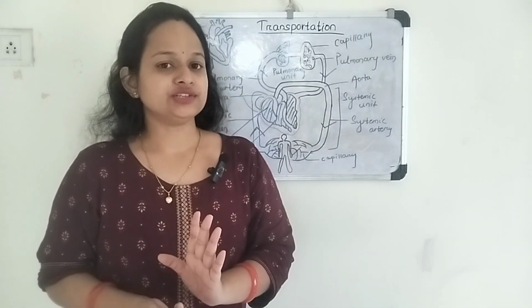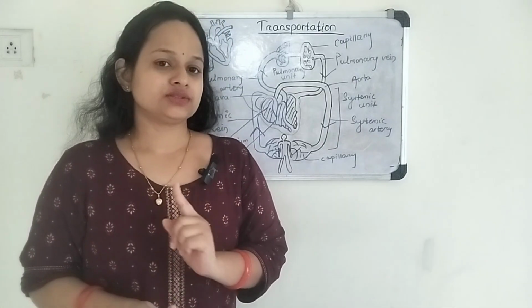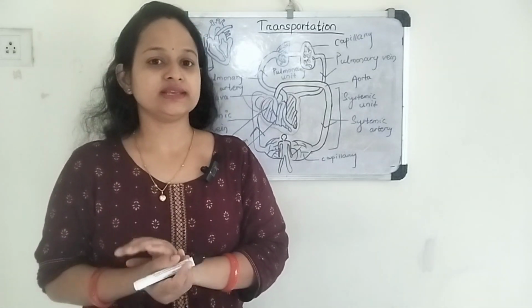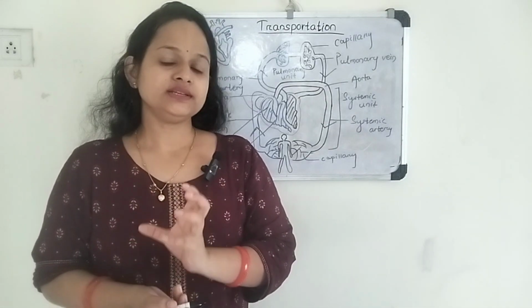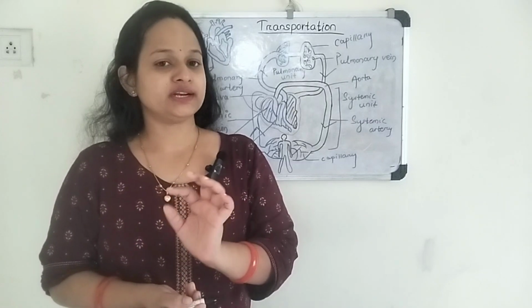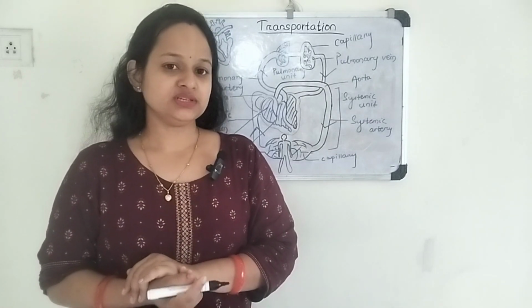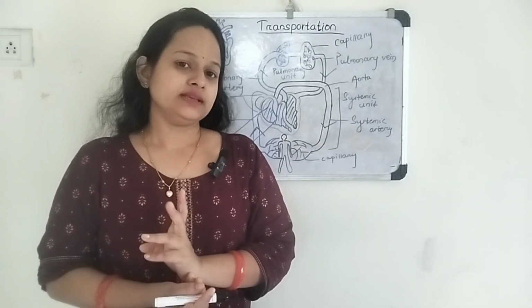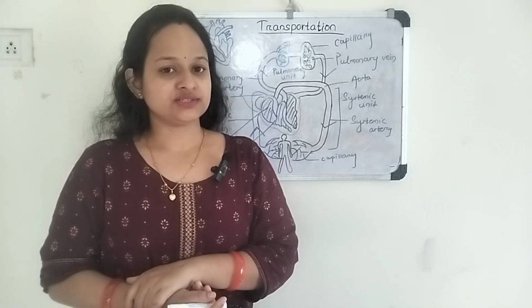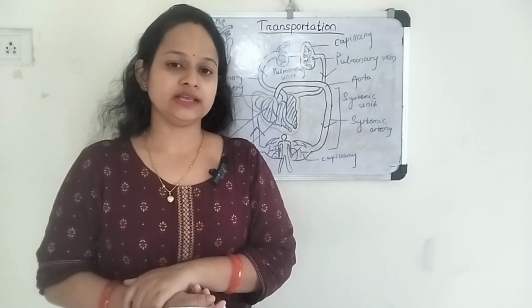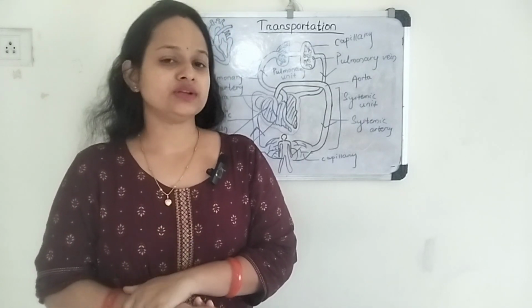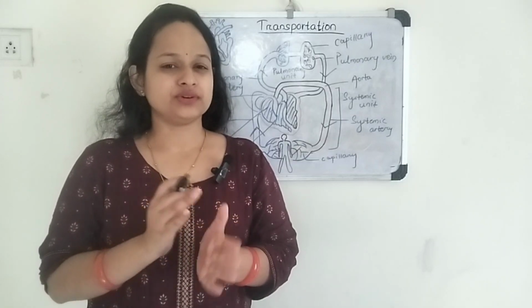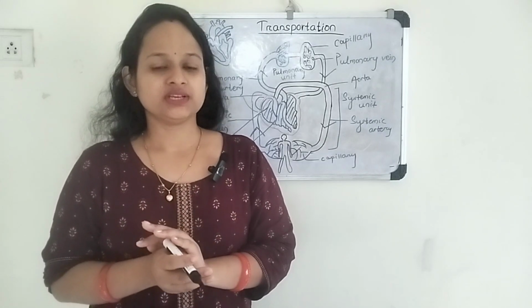As the blood enters the heart only once, in fish the circulation is single circulation. In amphibians and reptiles, the circulation is incomplete double circulation. This means there is a three-chambered heart in amphibians and reptiles. They have two auricles and one ventricle, and some mixing of oxygenated and deoxygenated blood occurs, and they manage it.